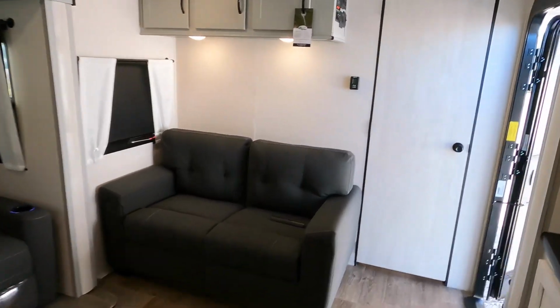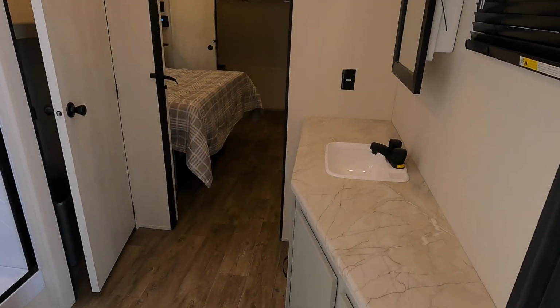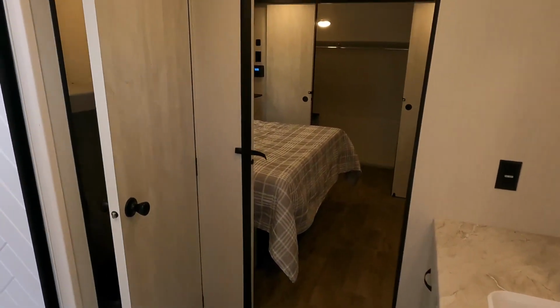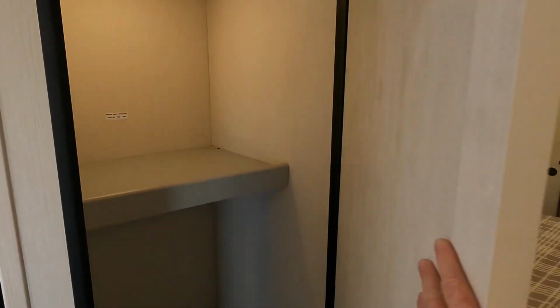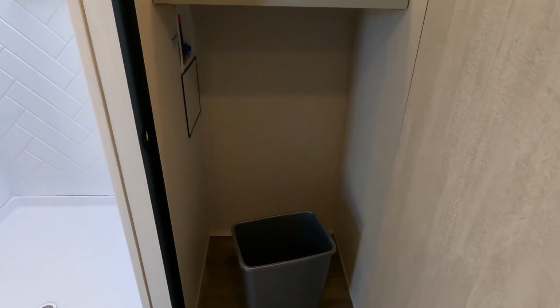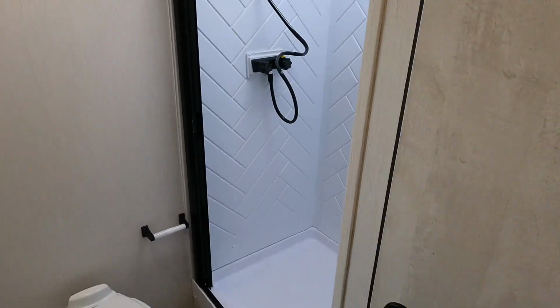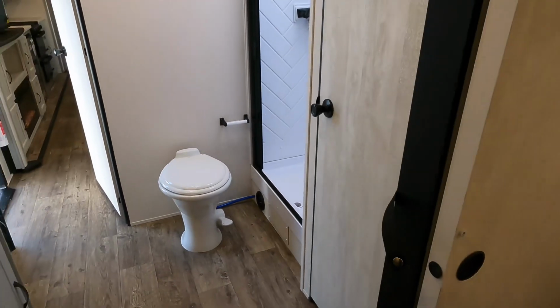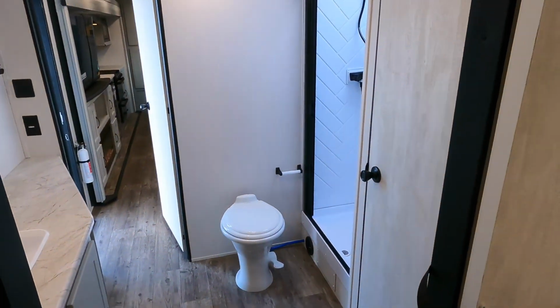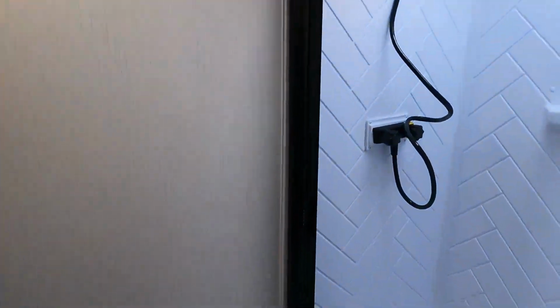Let's go up to the pass-through bathroom. This is nice. Washer and dryer connections for a stackable. Makes it very, very easy for someone to get that bigger unit straight in the door. You got a porcelain foot flush toilet. Your ceiling height in the Vibe is right at 80 inches high, and the manufacturer claims